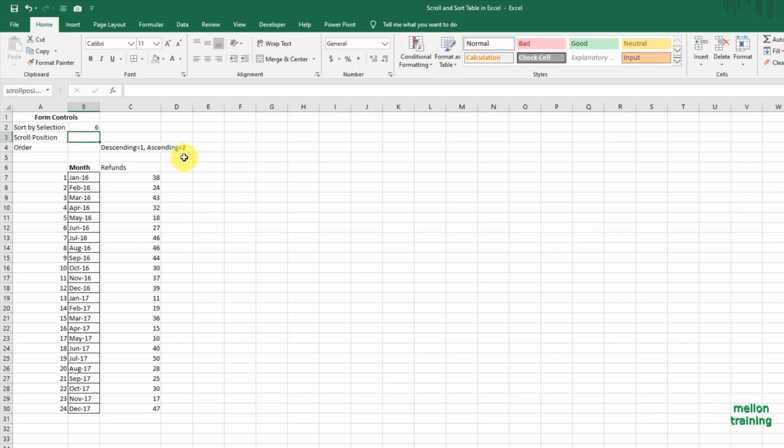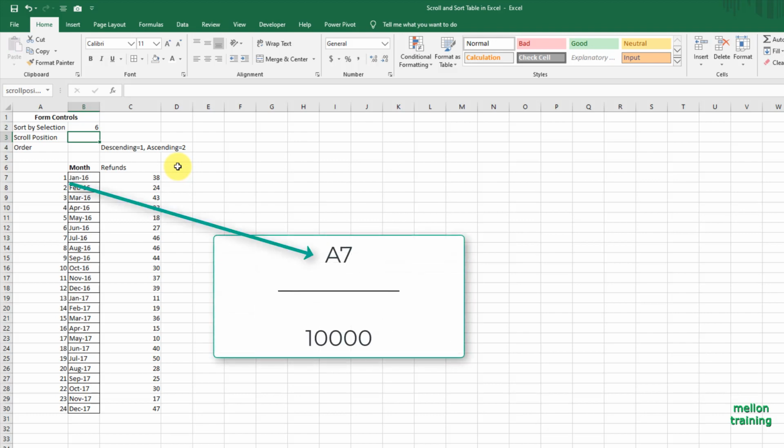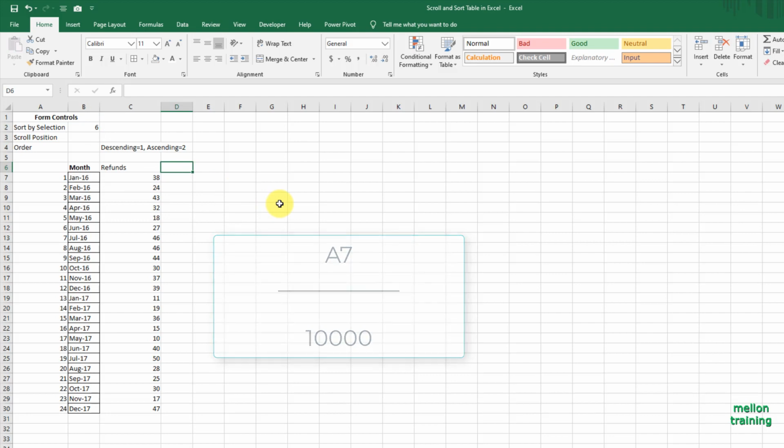Now we want to make these values unique because we want to avoid having a tie break. So you will add a very small number to the end of each value. We calculate that by taking this number and dividing it with a very big number, like 10,000, and we add it on. So we make this number 38,001.